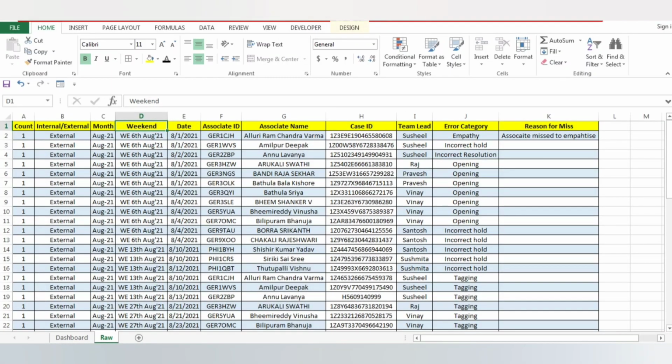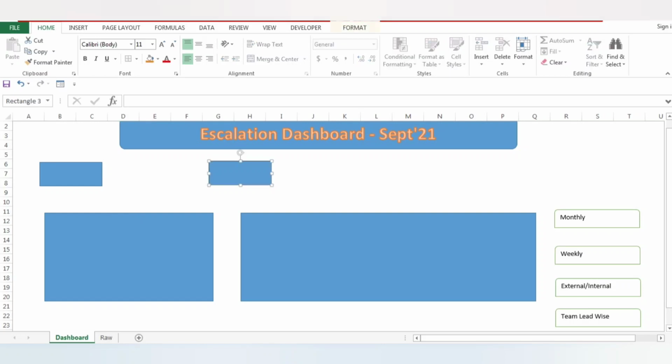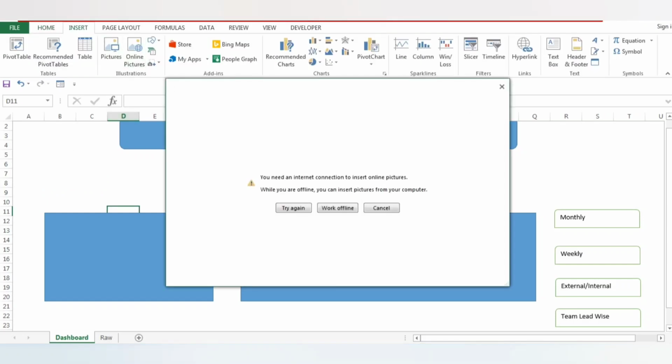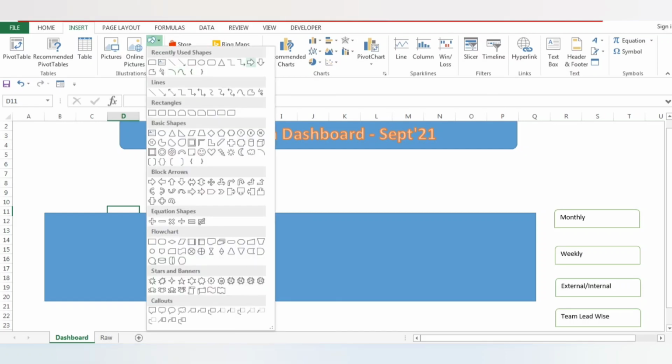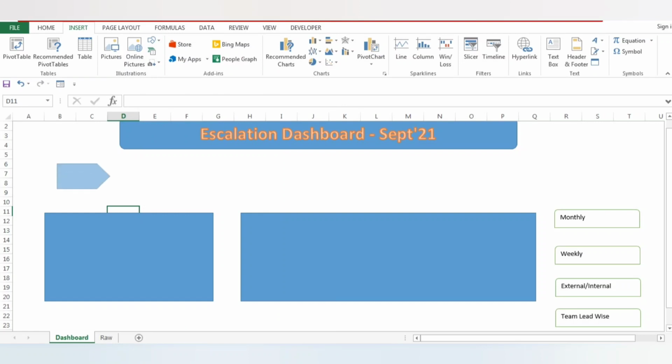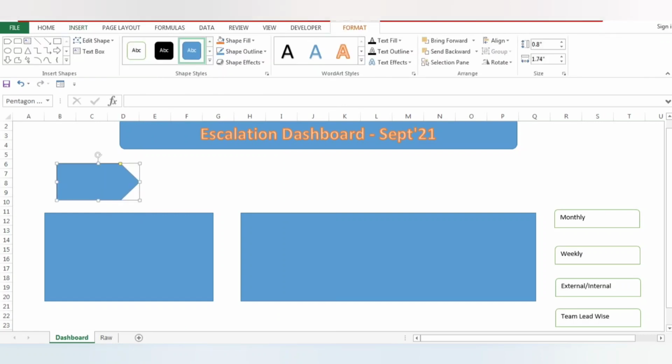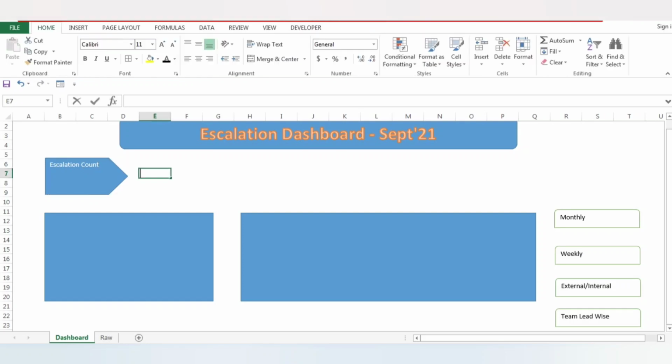Okay, now we will go with our dashboard. Here I told you we require 2, no, we require just 1 here, and this column will be escalation count, and I will just convert this into some other shape. I'll use this shape guys. This is a very understandable shape. Yes, here it is. This shape is good, so I'll use this particular shape here, and I'll just mention escalation count. Now automatically I will be getting the escalation count here. How? That we will see now.